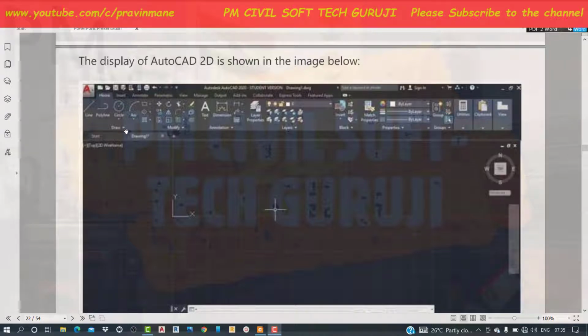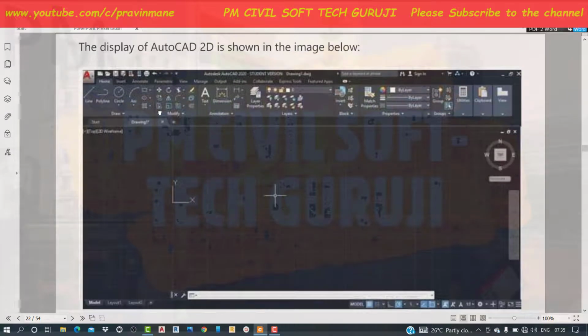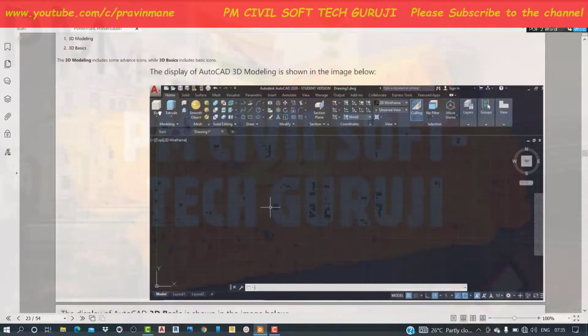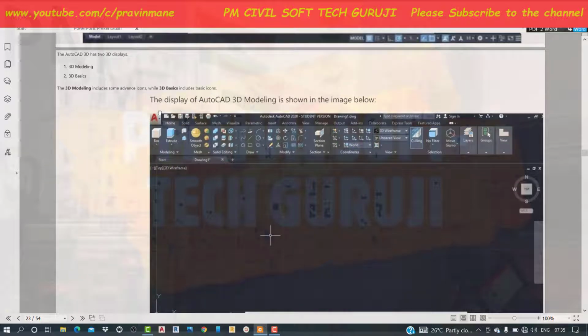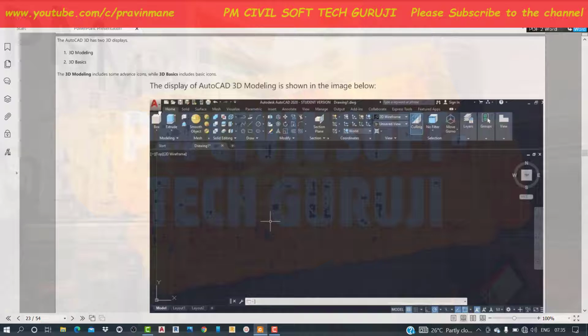Now the display of 2D icons as shown in figure. Then display of 3D. In 3D, there are two types: 3D modeling and 3D basics. The display of 3D modeling is as shown in figure. So here some advanced commands are used.